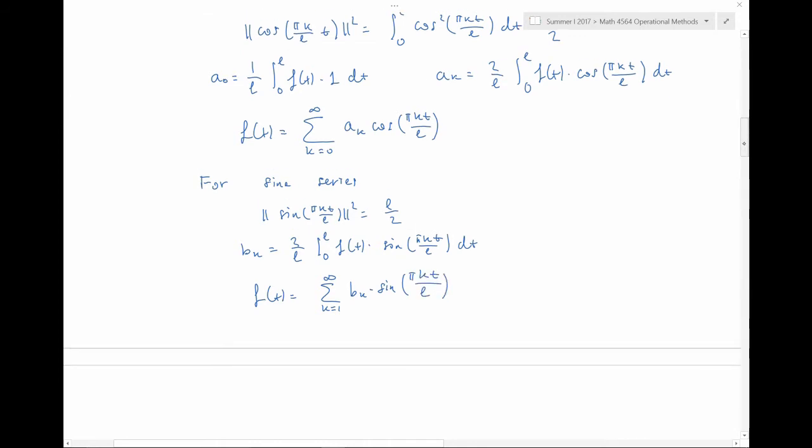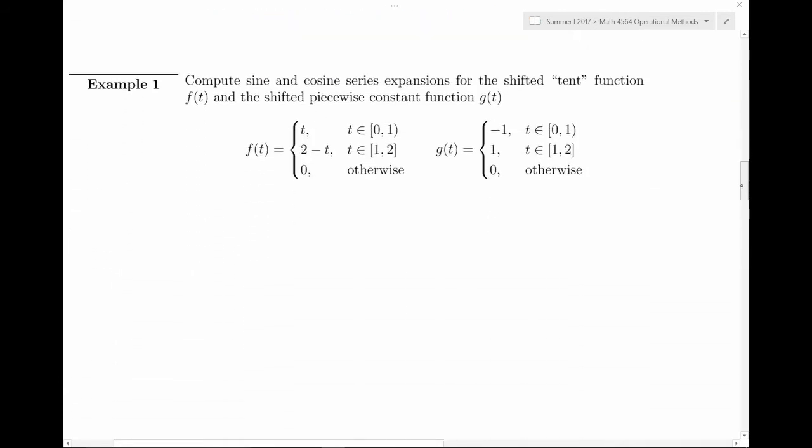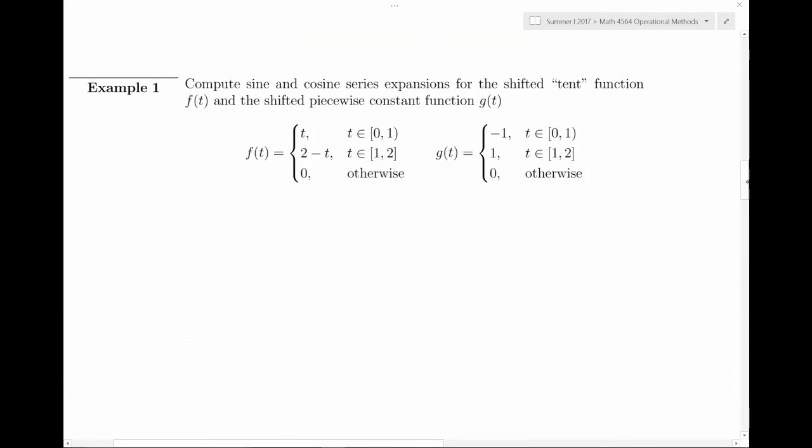And again, I'm going to turn to my favorite examples, the tent function and the shifted piecewise constant function. This time I'm going to shift the functions to the interval 0 to 2 because that's how the sine and cosine series work. So the shifted function f of t is now belonging to the space L2 from 0 to 2, and therefore if I want to use the cosine series,